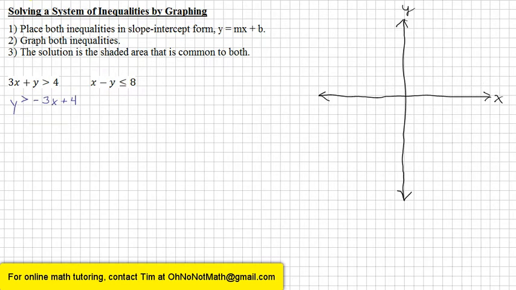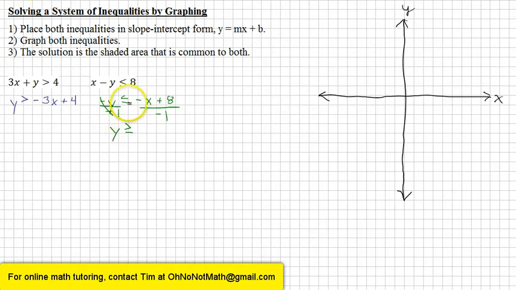Now let's go to the next inequality. We want to subtract x because we want to isolate this y, so we subtract x from this side. X minus x is 0, leaving us with negative y on the left side. Whatever we do to the left side, we have to do to the right. So let's subtract x from the right. We have negative x plus 8. Okay, we have to get rid of this negative sign, so we divide by negative 1. Of course, we have to divide the right side by negative 1. These negatives cancel, leaving us with y on the left side and